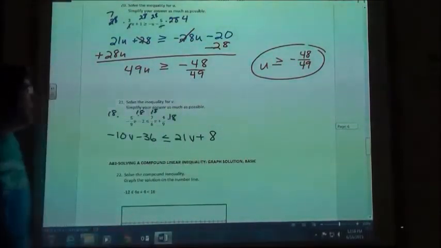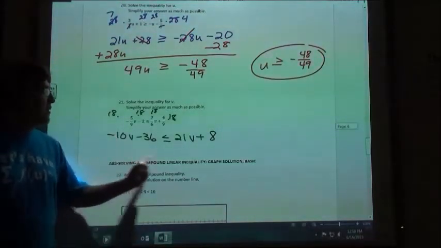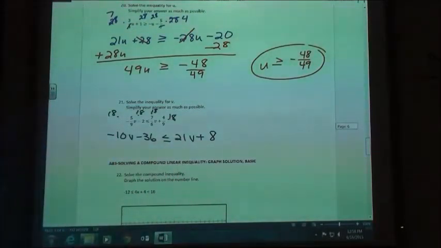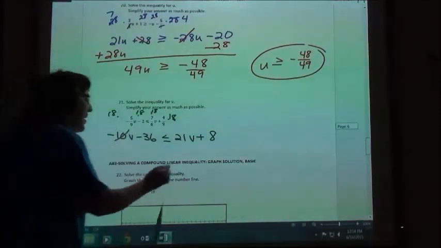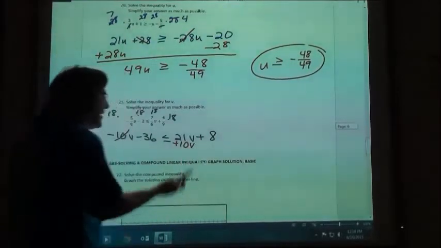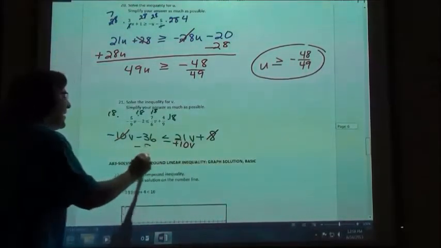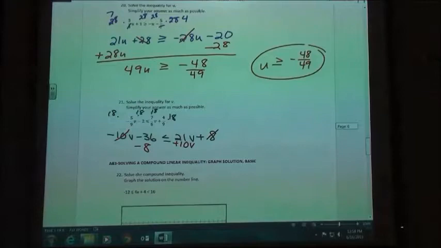So one thing some people like to do is they notice that if they move this over here, the b is going to be positive. You don't have to put the b on the left side. You can if you want to, but if you want to avoid having to flip your sign, move it so that your variable stays positive. So I'm going to add my 10b and subtract my 8. If I do that, I'm going to get